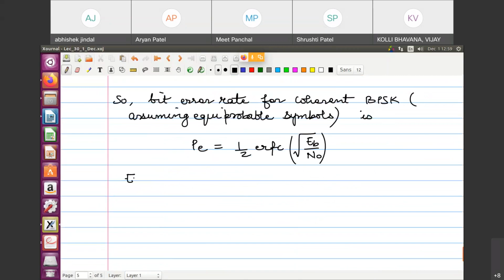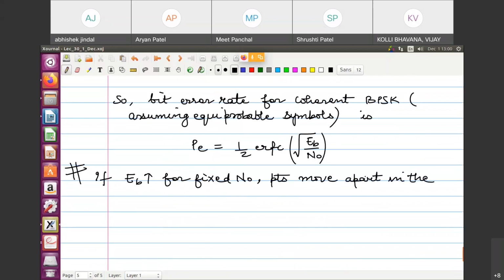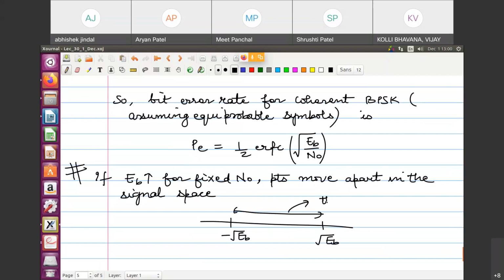So what you can conclude is that if EB increases, this is an important conclusion, if EB increases for fixed N naught, means the variance of the noise is fixed, points will move apart in the signal space, that you can clearly see. Let me show you. So our signal space was this, that is root of EB, and this is minus root of EB. Now अब आपने N naught सेम रखा और EB को बढ़ाते जाने तो what is this is increasing. This gap increases